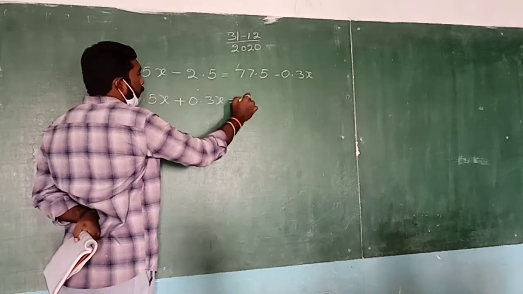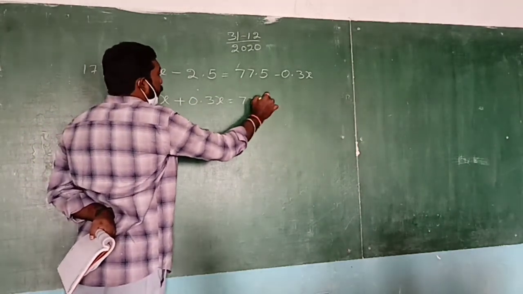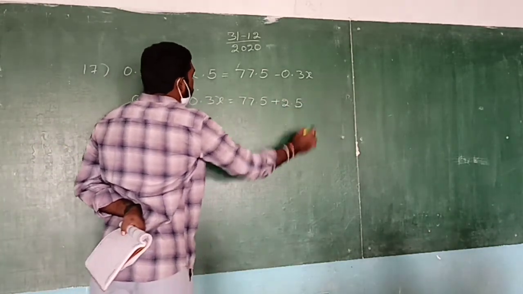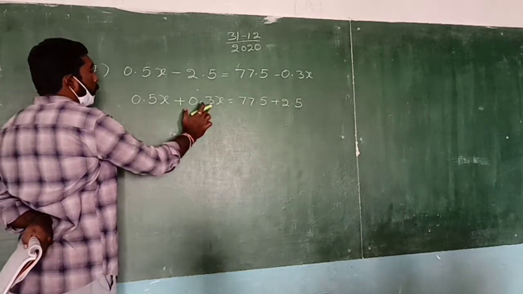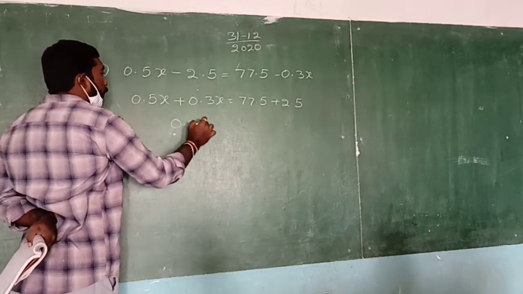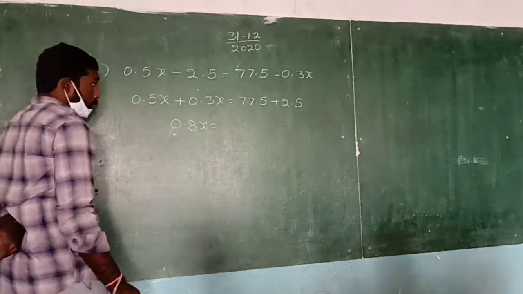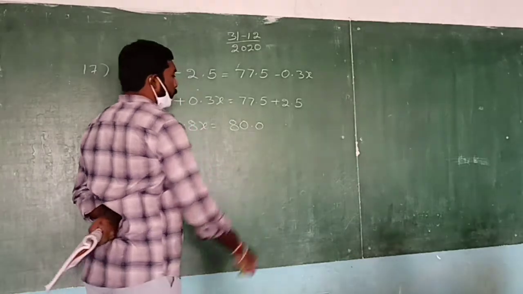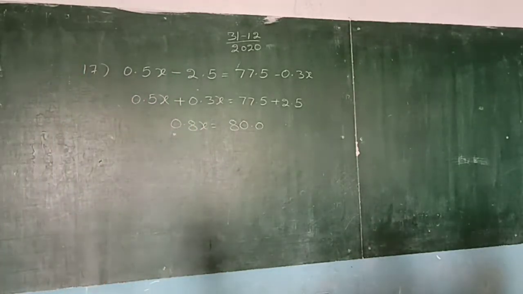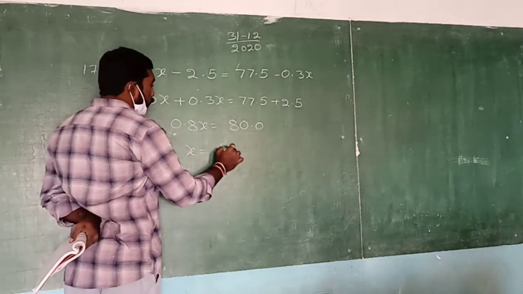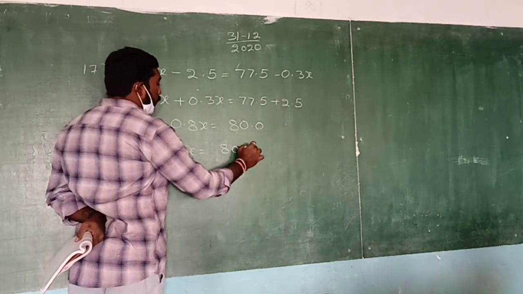0.3x is equal to 77.5 plus 2.5. 0.5 plus 0.3, x is equal to 80.0. So x is equal to 80.0 by